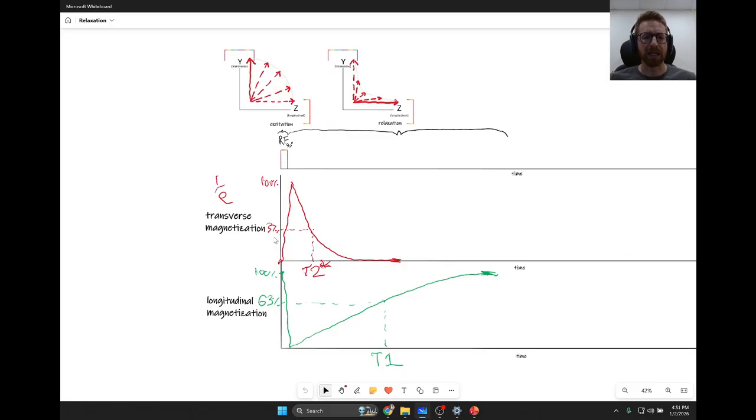Transverse magnetization is going to start at 100% after we've rotated it into the transverse plane. That makes sense? And when it decays to 37% of that maximum, that time period to go from 100% to 37%, that is T2 star. So it's the time constant which describes how quickly we lose transverse magnetization after we turn off the radio frequency coil. And it's typically on the order of milliseconds. So T2 star contrast